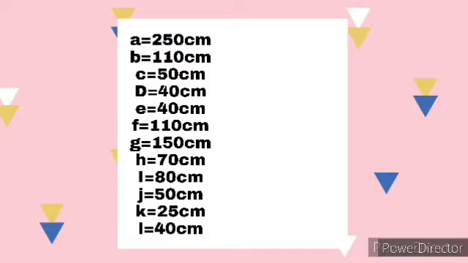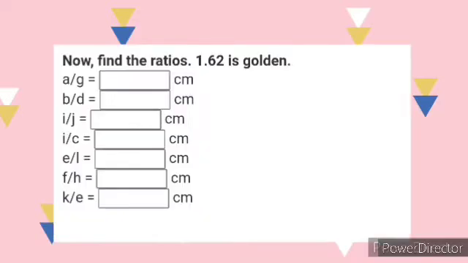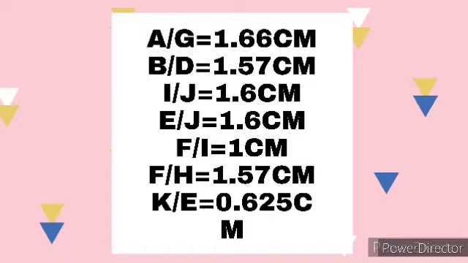This is the result of measuring my face. Now, find the ratio to see if it is the golden 1.62. The results: A and G is equal to 1.66 cm. B and D is equal to 1.57 cm. A and G is equal to 1.6 cm. E and G is equal to 1.6 cm. F and I is equal to 1 cm. F and H is equal to 1.57 cm. K and A is equal to